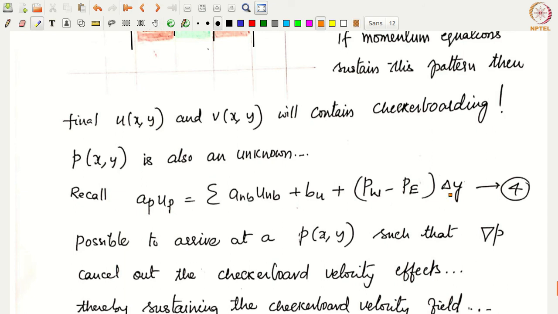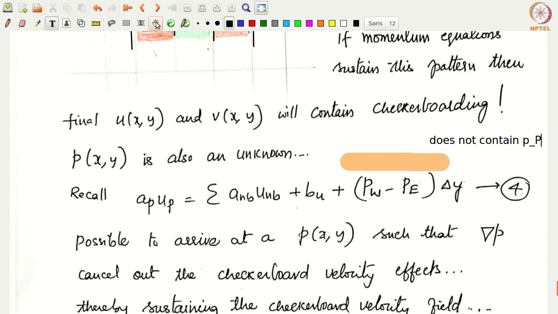Okay, so what we see here is that the pressure difference term, the pressure gradient term, also does not contain PP, right? Although this is an equation for cell P, the PP value doesn't feature here. That means this also seems like it will support a checkerboarded pressure, right? In which case, if you have PW equal to PE, this would give you a zero pressure gradient, right? Which is not true, because PW equals PE, but neither of them would be equal to PP.